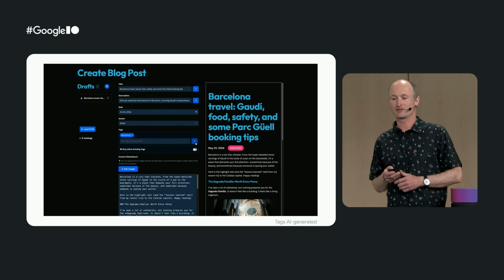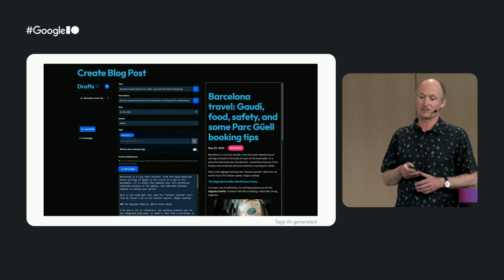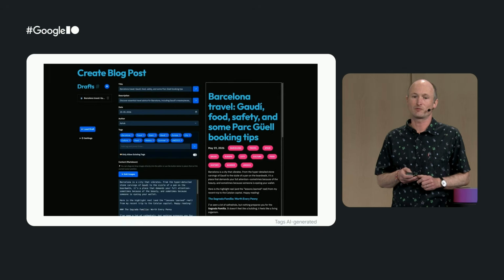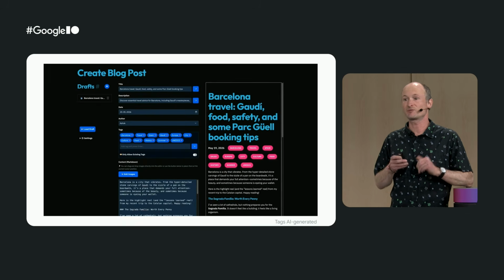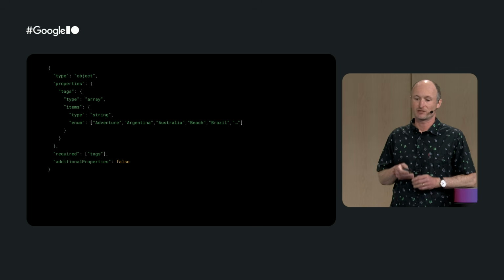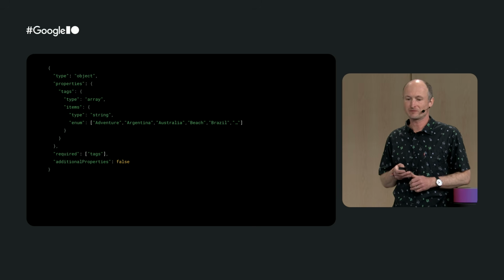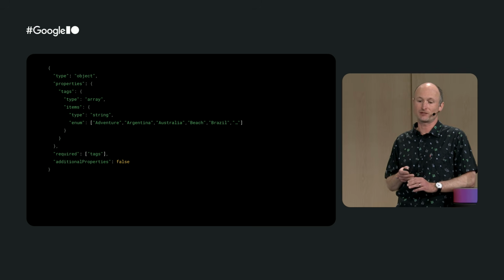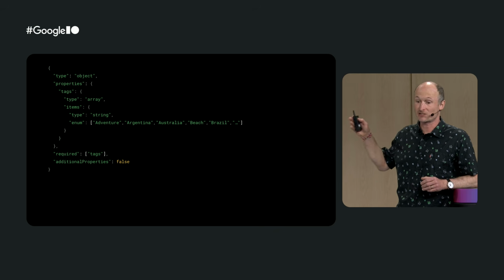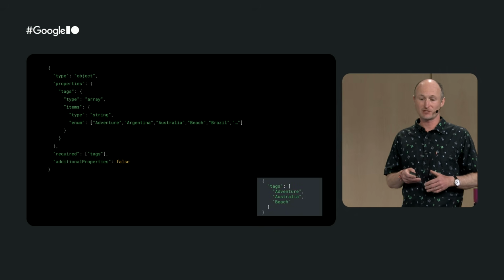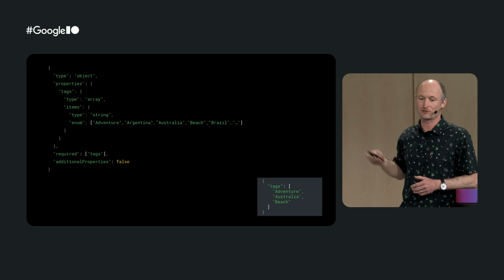So how does it work? Internally, this feature is powered by the Prompt API with structured output, so the model returns a predictable response format. For this, the Prompt API uses JSON schema. In this case, it limits the model to a predefined set of tags that it should return in a JSON object with a tags key and an array of tags as its value. You can see an example response object in the lower right corner.